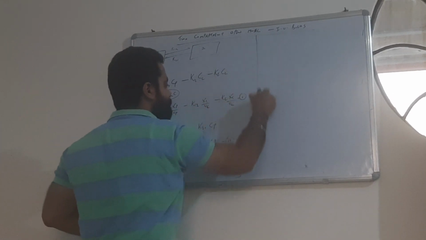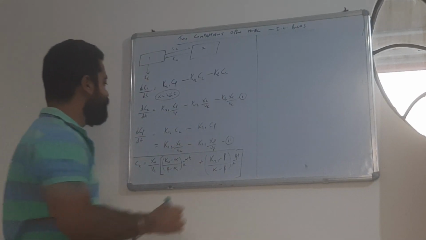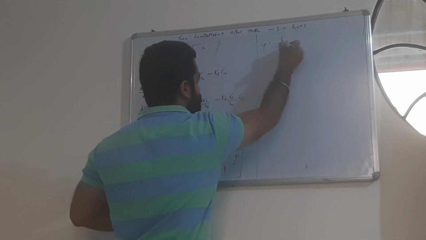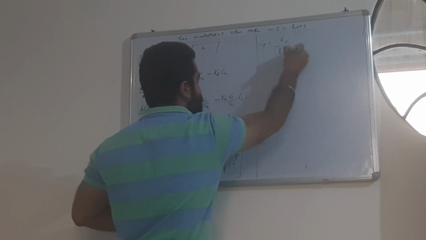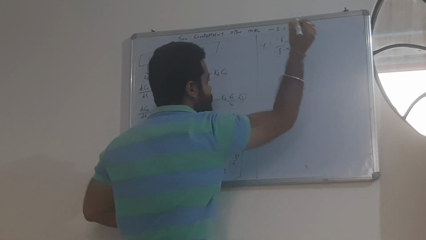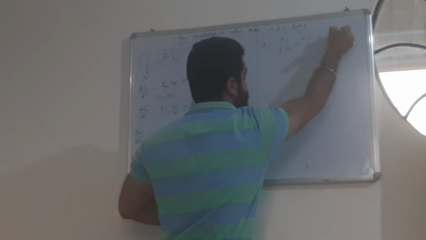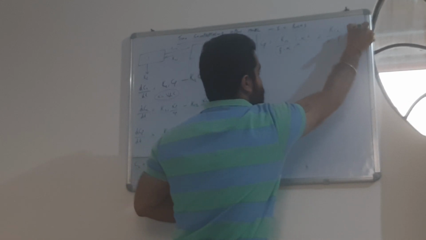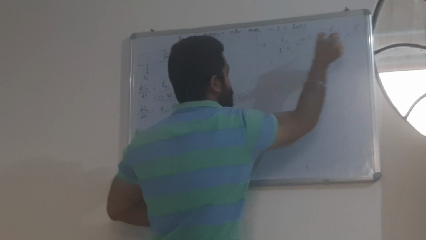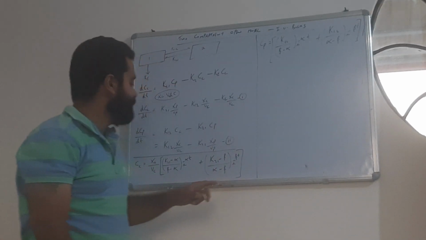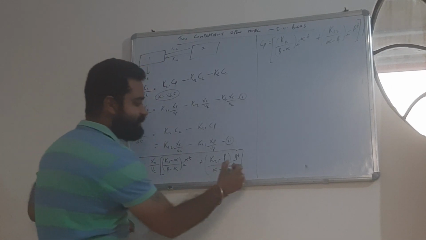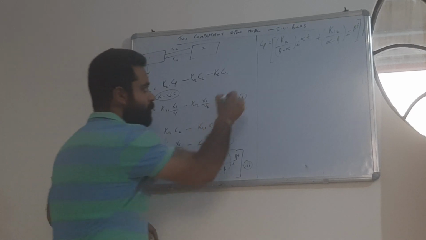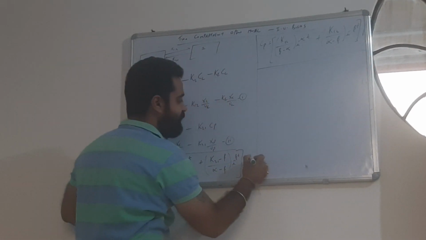Similarly, on integration of equation 2, we get Cp = K12/(beta - alpha) e^(-alpha t) + K12/(alpha - beta) e^(-beta t). This is on integration of the second equation. Consider this as equation 3. On simplification of this equation, we get